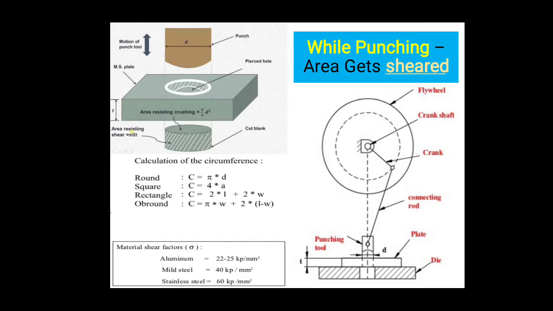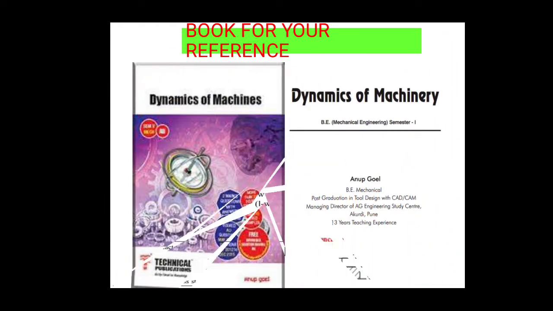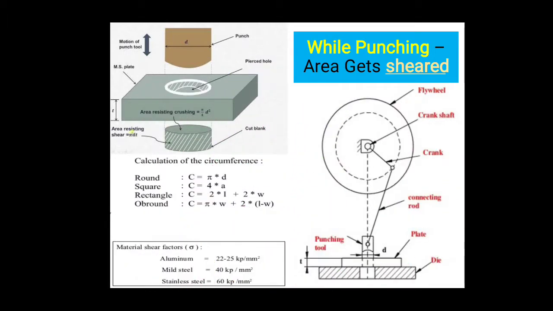Right? For the square, the same concept will be there. For square, round and rectangle the same will apply. Here this diagram highlights the punching operation. The outer one is the flywheel. The inner one, the crankshaft, gives a multiplication of the power, which will be stored in the flywheel. The power will be multiplied by the crankshaft itself. The motor will be coupled with the flywheel, not directly with the crankshaft alone.